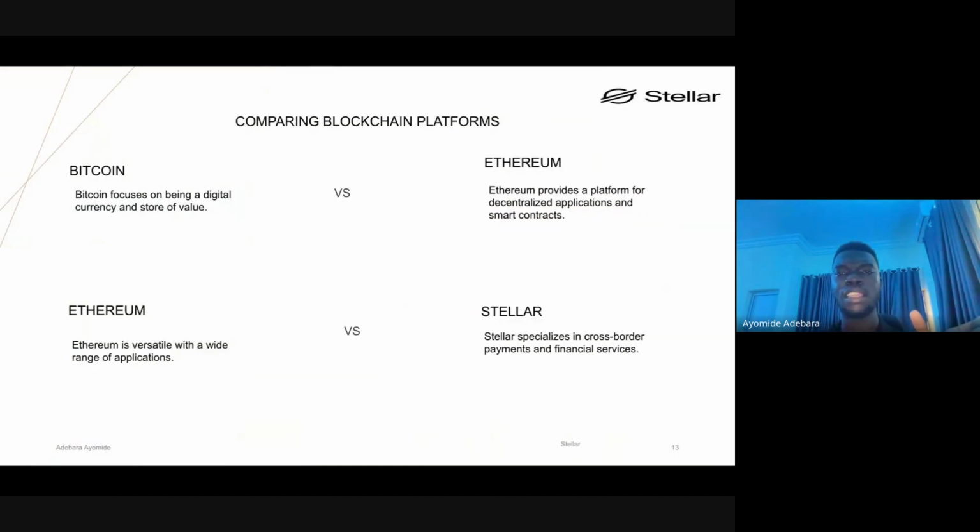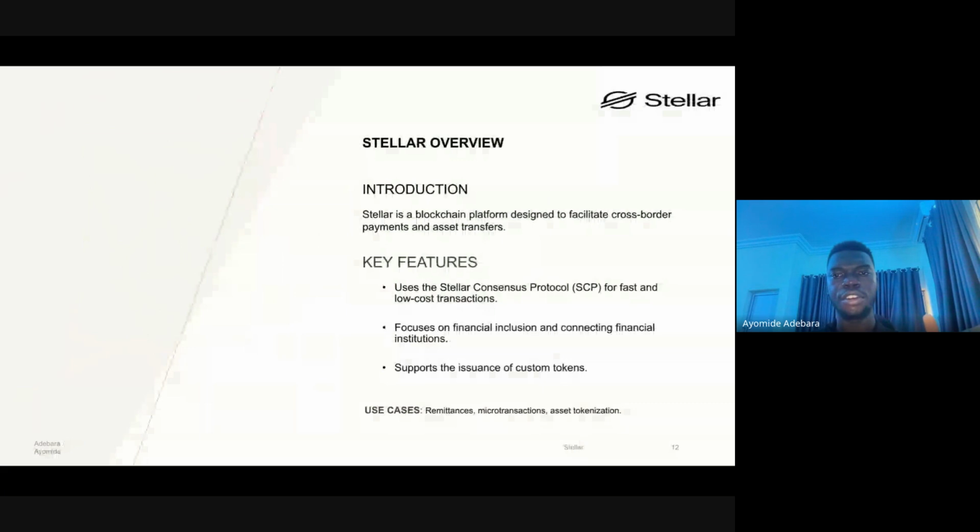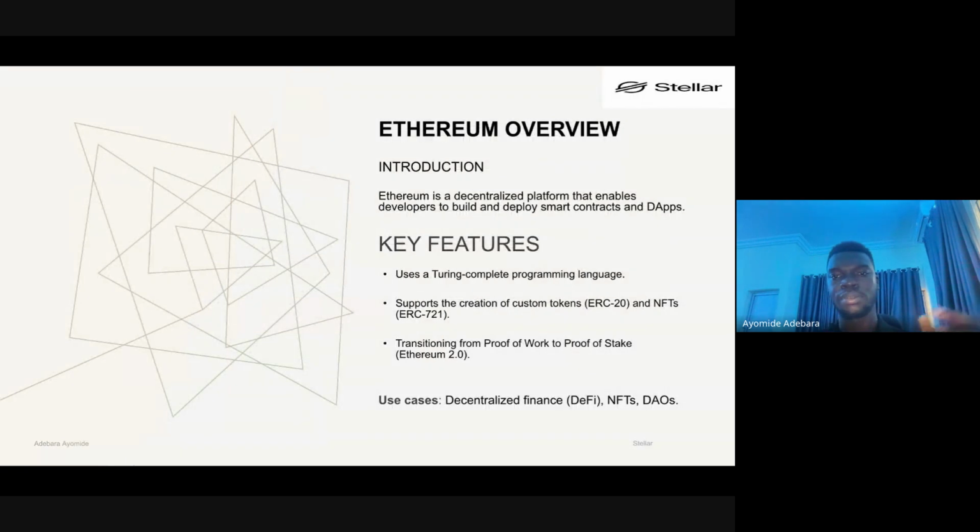So we will not be taking so much. We'll be taking just three: Bitcoin, Ethereum, and Stellar. Then at the end of the day, we are going to focus on just Stellar. The next one we'll be talking about is Ethereum. Now,